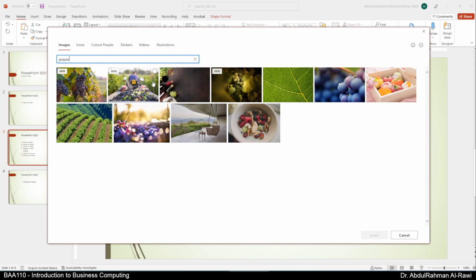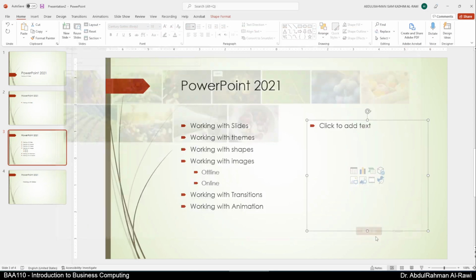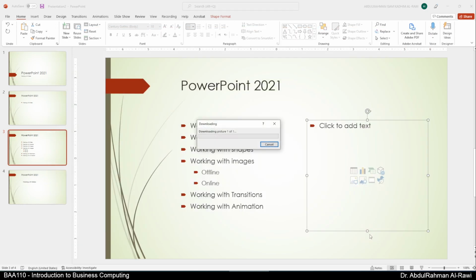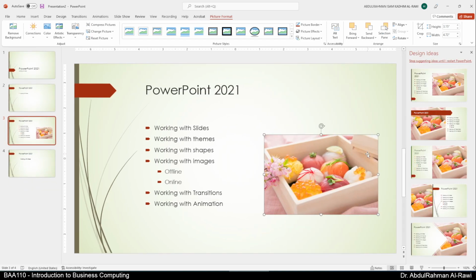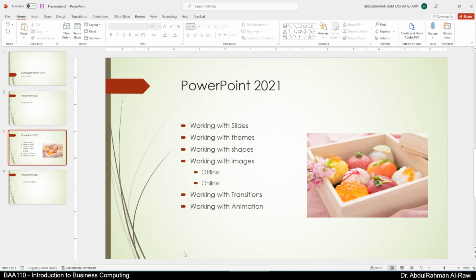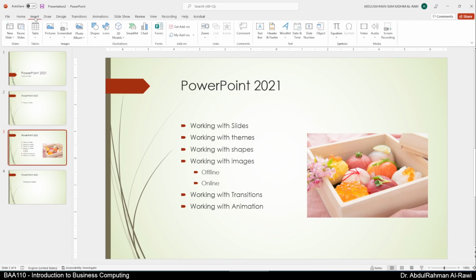Okay, and we're going to add, this is a nice image actually. We're going to insert this one here, and as you can see, it will be inserted inside my placeholder, now with of course all my design ideas. But what if you click outside and you go to the insert tab, just like Word, and go to